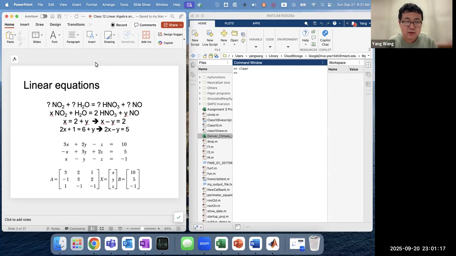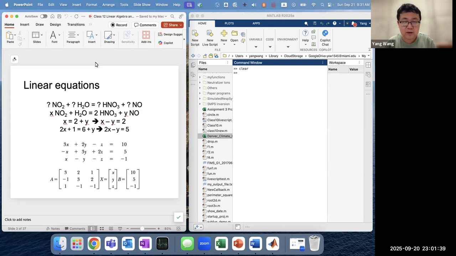So if you use the tic-toc function, you will find that fsolve involves heavier computation, right? So then in this class, we're going to introduce how MATLAB uses these linear algebraic methods to solve sets of